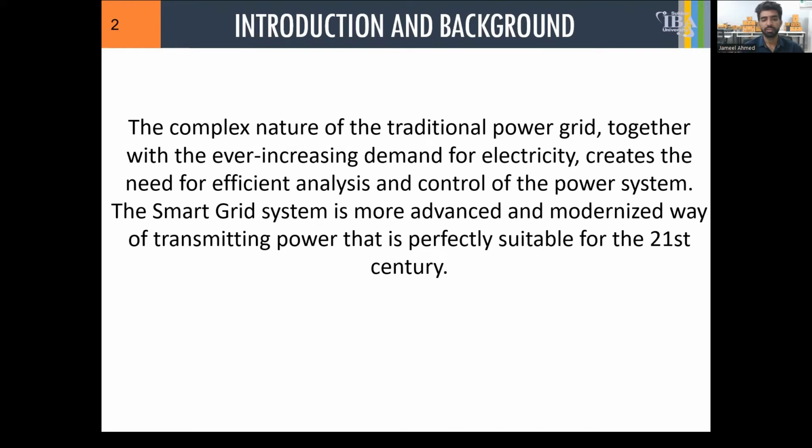The traditional grid has one-way communication. When we talk about the smart grid, it is two-way communication. The complete circuitry could communicate with each other. If any fault comes, we can know where that fault is, and the whole grid knows how much power is going to be used in what place.